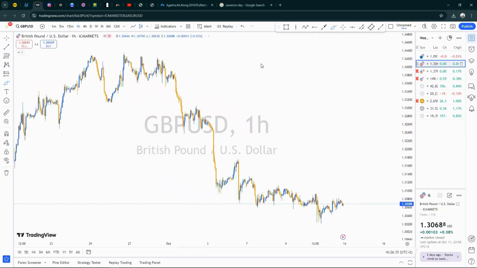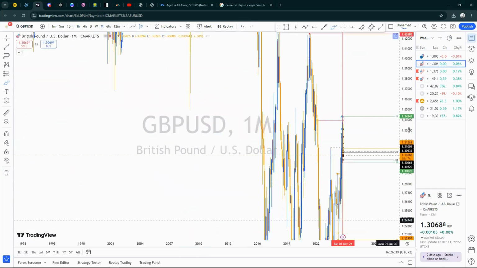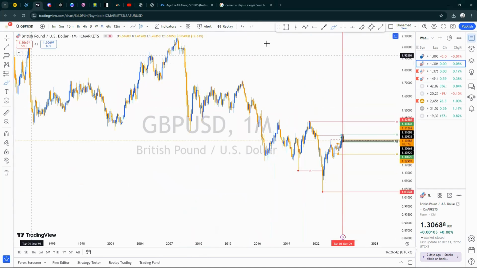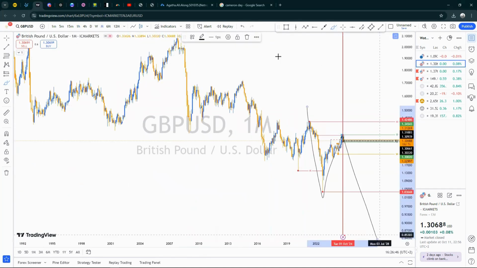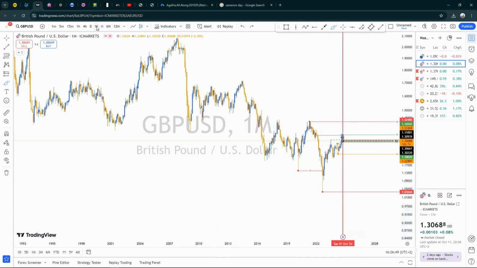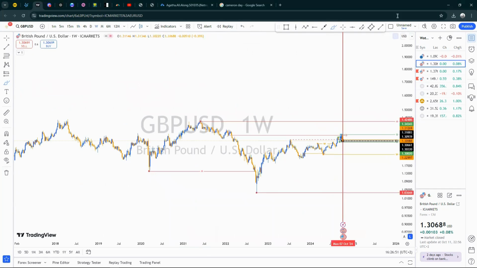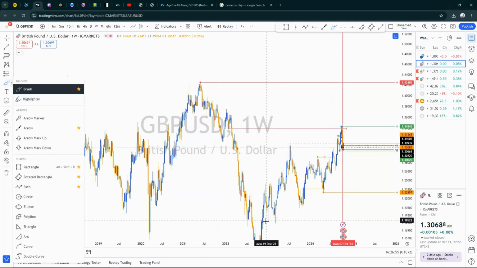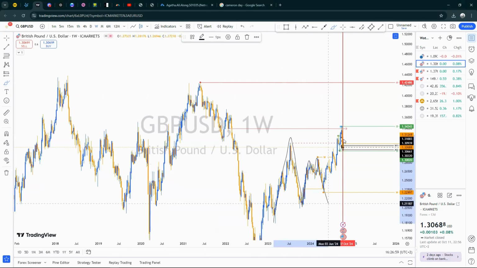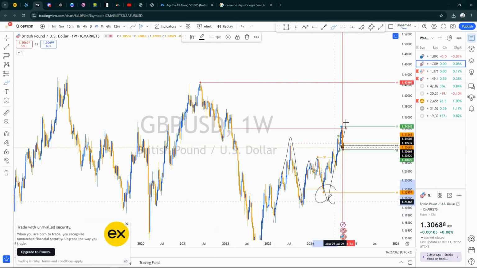Jumping into GU, from monthly perspective, we have a high, a low, a retracement. We're expecting this based on this range. H4, weekly, we had something like this. Remember, something like this, and we had something like this. So currently we have a low, a retracement. Then we wait for a retracement, then we buy. But if higher time frame, monthly, is reacting from this, we can expect the price to go down. So I'll have what we call